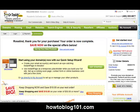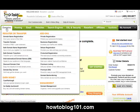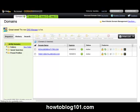It is purchased and my order is now complete, and I can actually go and do things with my domain name. So what I'm going to do now is just click here where it says domains. You'll see that when you put your mouse on the link that there will be some things that will come up, different things that you can do pertaining to domains, but we're just going to go right down at the bottom where it says domain management, because I'm going to manage the domain that I just purchased. I'm going to click on that, and what's going to come up now,